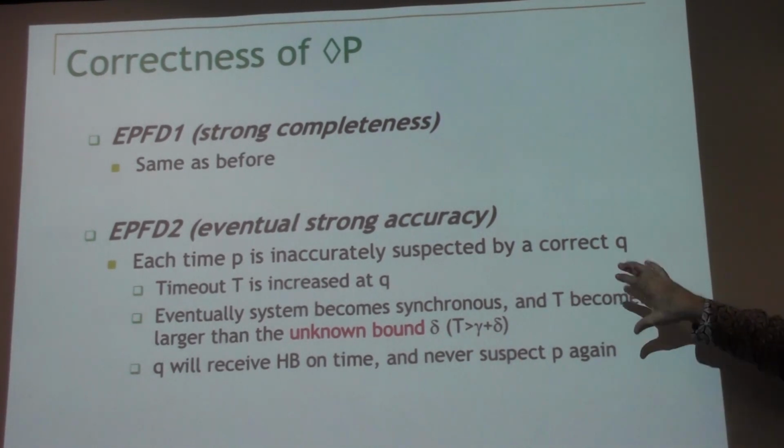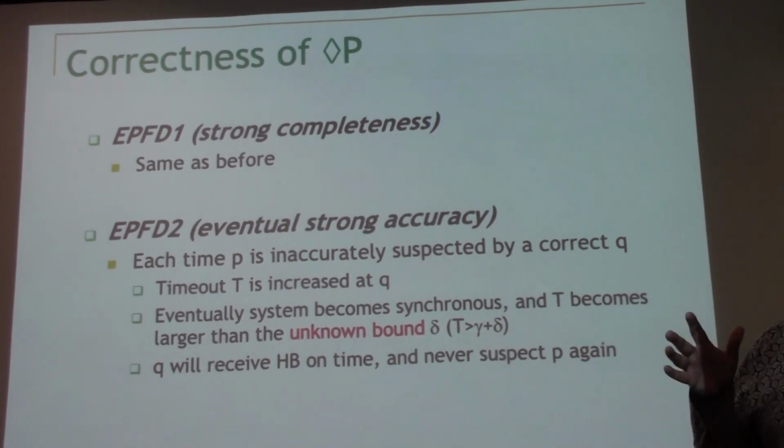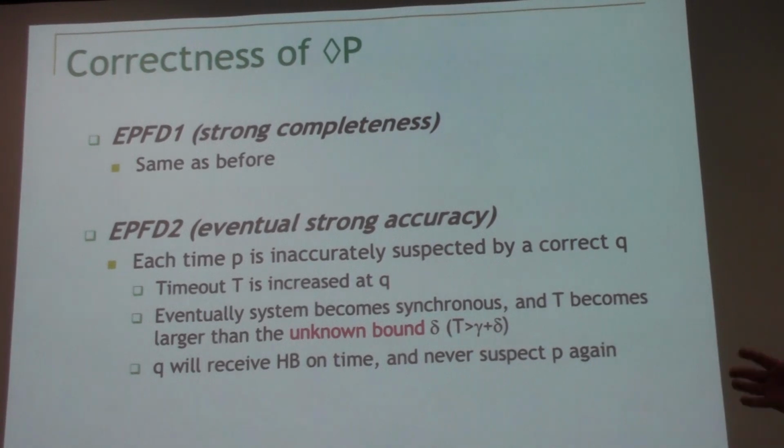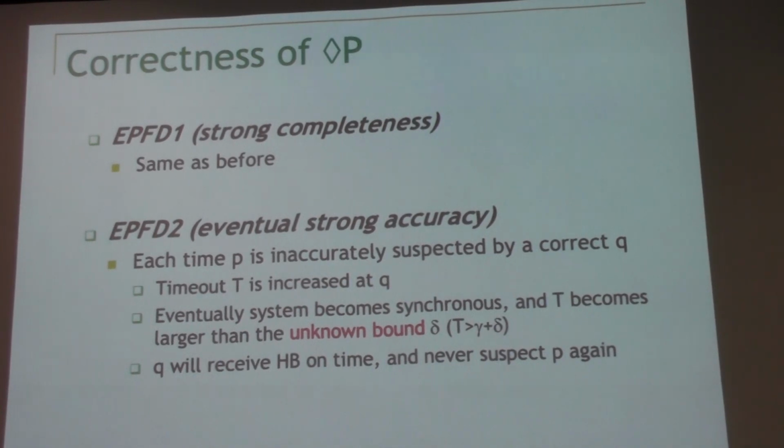But usually the mistakes will have some issues. They will make the algorithm less efficient if there are lots of mistakes. So it's usually a good idea to make fewer mistakes. But of course, the algorithm has to work no matter how many mistakes there are. Efficiency might change, but the correctness will not change.